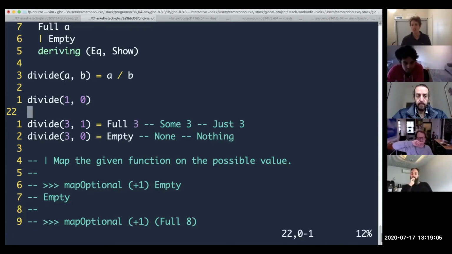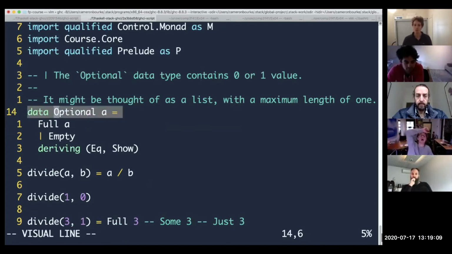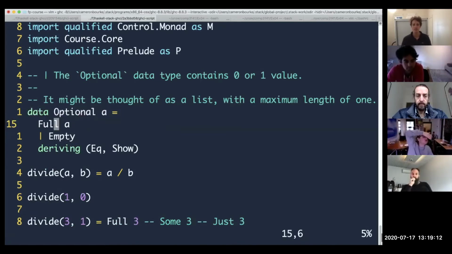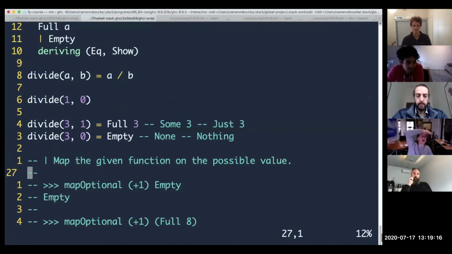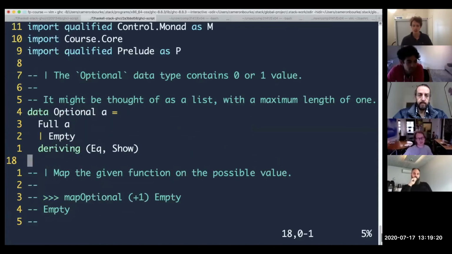Right. So that's what it actually is in Haskell. But we're going to re-implement it. We're going to call it optional, and we're going to have full or empty. Okay. So that's kind of the motivation: it's great to have values, but sometimes